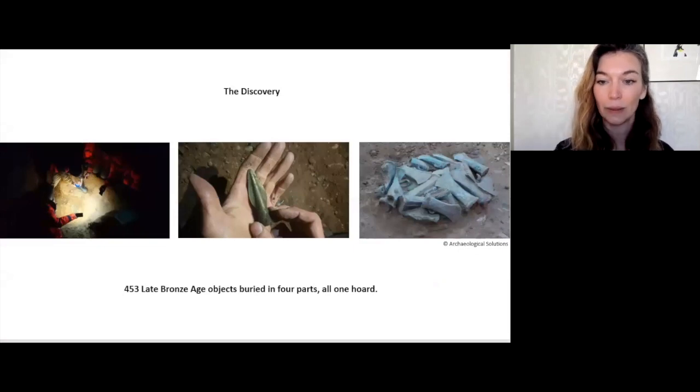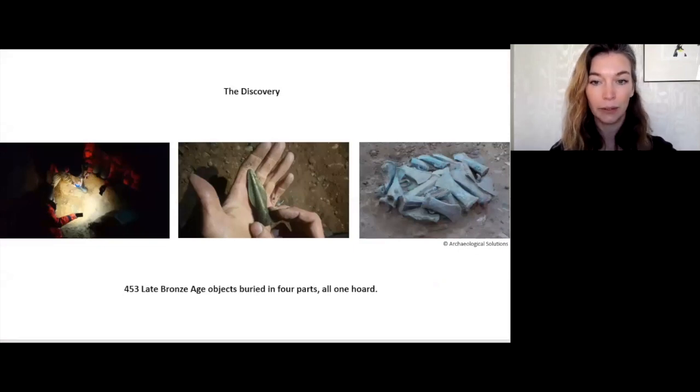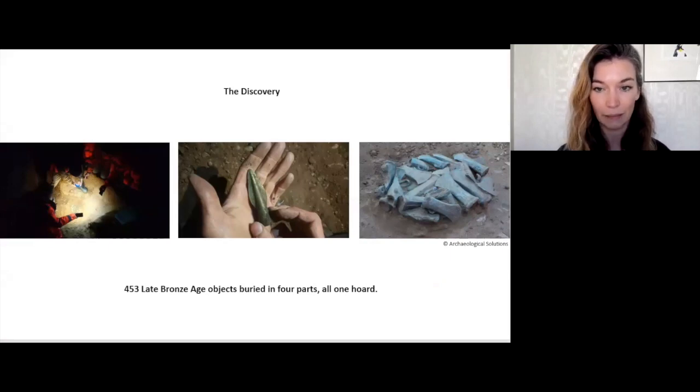Let's start with the discovery of this remarkable hoard. These photos were taken on site by staff at Archaeological Solutions to record the moment of discovery. Archaeological Solutions is the unit contracted to excavate the site ahead of development. As is so often the way, the first axe was revealed on a Friday afternoon, and as the extent of Hoard 1 became clear, the archaeologists worked late into the night to excavate and record the hoard to ensure the